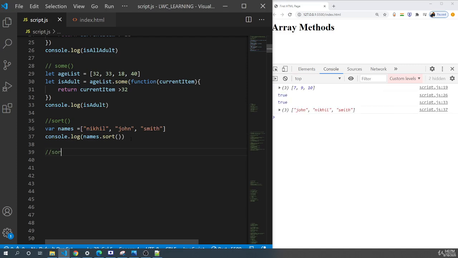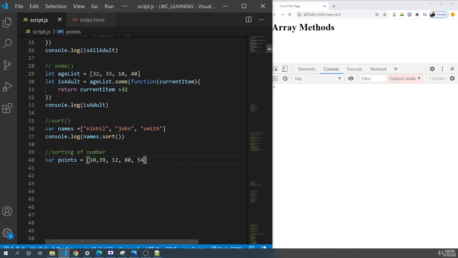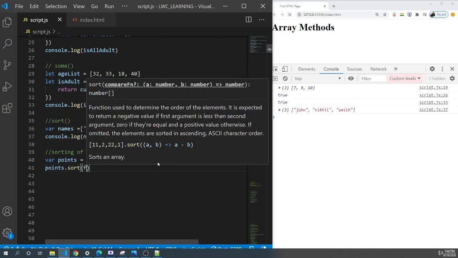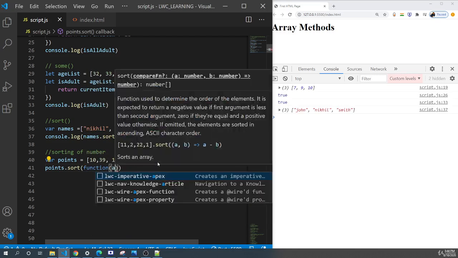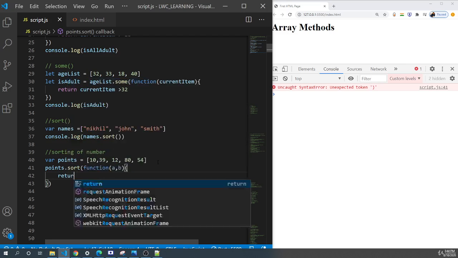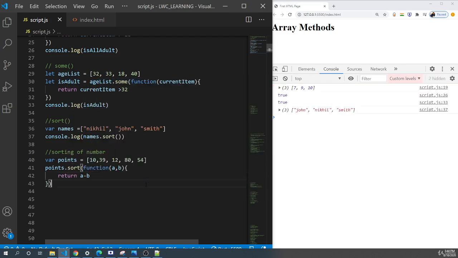comparator function. We'll say sorting of numbers, and I'll say I have some points: 10, 30, some random numbers you can take, 12, 18, 54, something. Okay, and then to apply the sort method, you need to say points.sort, and it takes a function. It's a comparator function, a, b, and we'll say return a minus b. A minus b will return in ascending order,